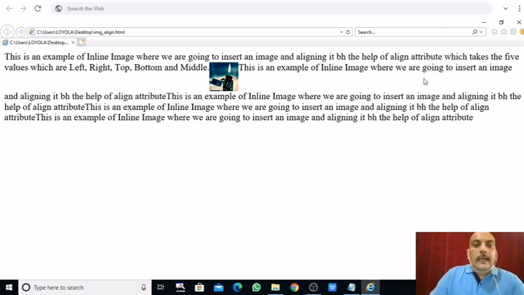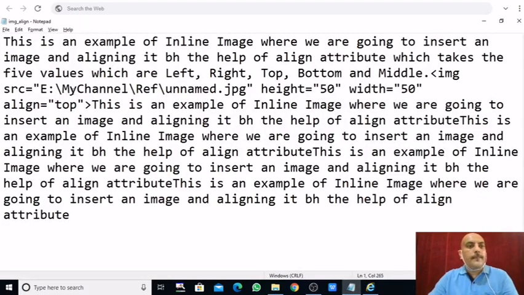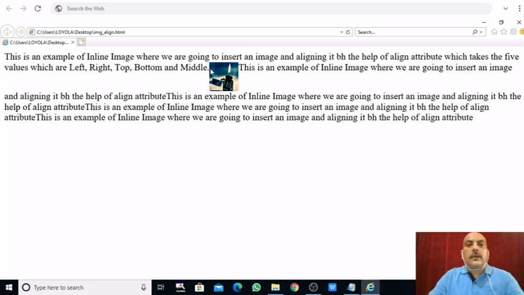See, so I gave it top, align top. The value of align is top here. So it is aligned according to the top of the text, that is inline image. So this image is aligned to the top of this line.